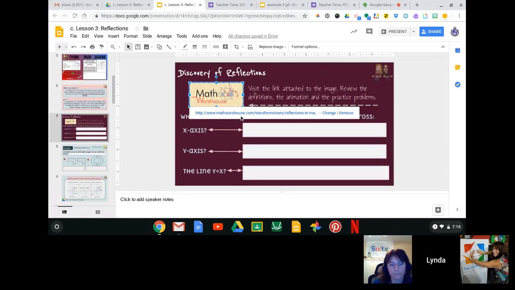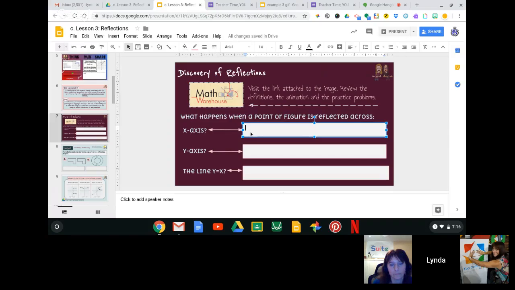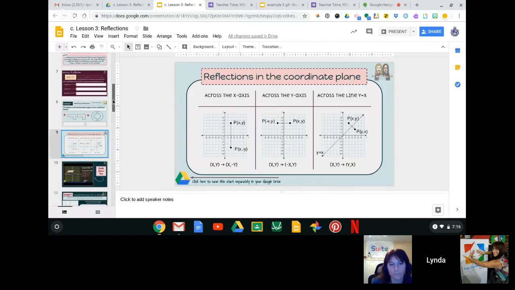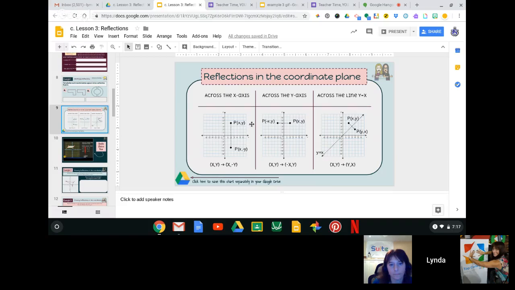And then as I'm teaching the lesson, sometimes with vocabulary, I ask them to explore a website, and then they can fill in the correct, what is the x-axis reflection, the y-axis, and y equals x. And then I get to a slide where the information that's on this slide is really what they need to memorize. So what you'll notice is I have the Google Drive icon, and what that means is that it will make a copy of just